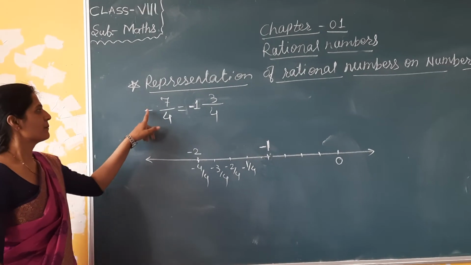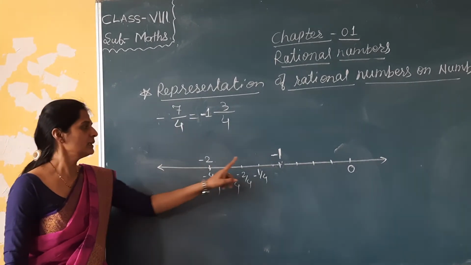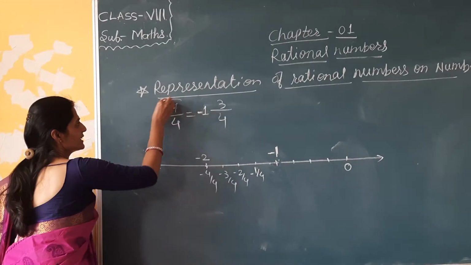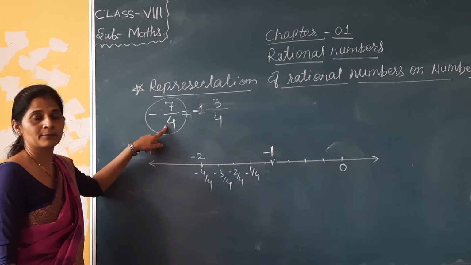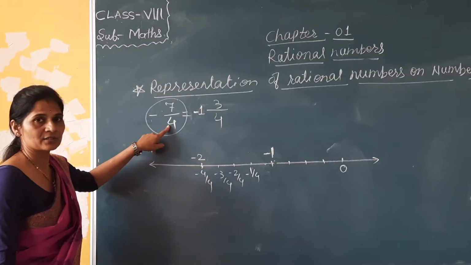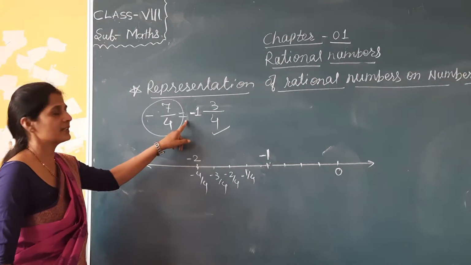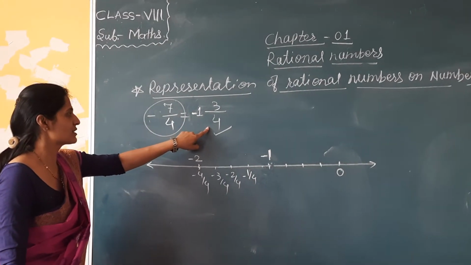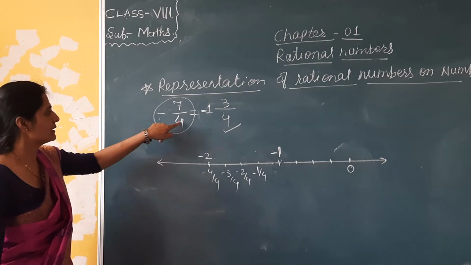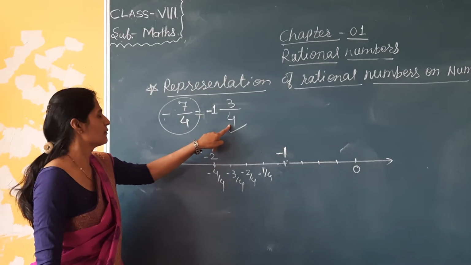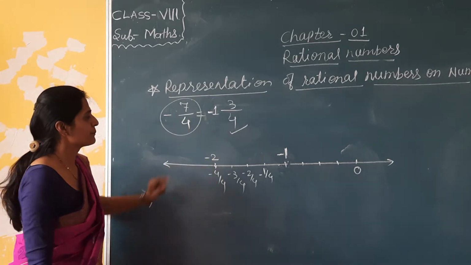Next example is minus 7 upon 4. Now we will represent minus 7 upon 4 on the number line. Now look at this, it is a negative rational number. ये negative rational number है और कौन सा है, proper है कि improper है, it is an improper rational number. So we first convert it into a mixed rational number. हमने इसको किस में convert किया, mixed rational number में convert किया. That means we divide 7 by 4, then you will get 1 whole 3 upon 4. But it is a negative rational number, so you will put here a negative sign.